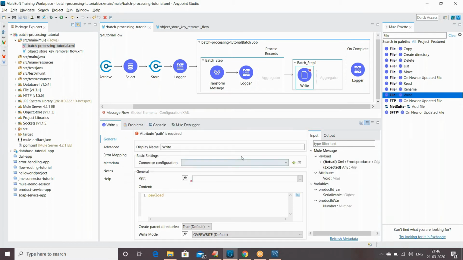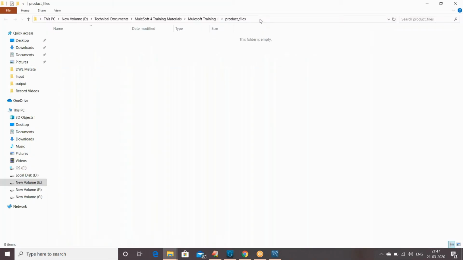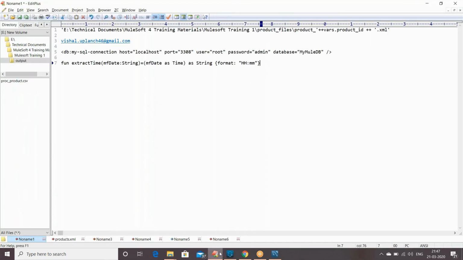Here, connector configuration within a file component is not mandatory. If you want to add it, you can; if you don't want to create a connector configuration, it's fine. Now path is important. This is the path. Now here I'm going to create a file. Now what should be the file name? So this is going to be a file name like this,